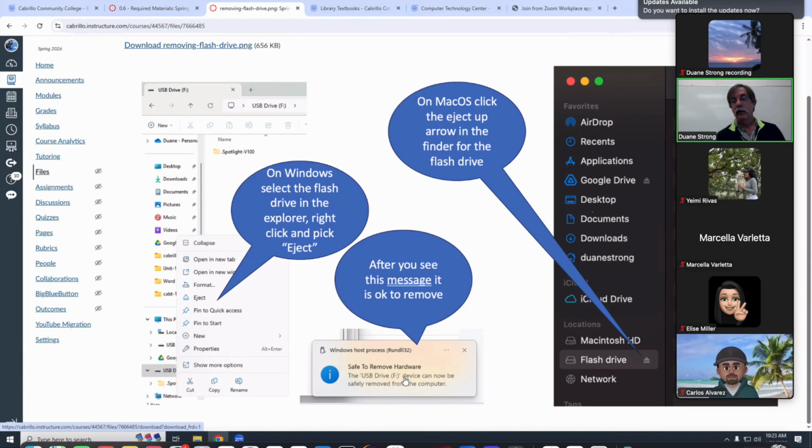Similarly, if you're on a Mac, it's kind of the same thing. You go to the Finder and find the name of the drive. This one is called flash drive. It'll be called something else, like no name or something like that. The little eject button is right there, so you just click that. It doesn't give you a pop-up, but what happens is this goes away. When this goes away, it's okay to take it out. So please don't lose your work.